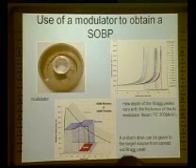Then what you have to do is select the energy of the radiation, and now you have to give a dose to the whole tumor. So you change the thickness of this modulator. When you increase the thickness, you can see that these Bragg peaks shift from right to left, right? By that way, you can give a homogeneous dose to the whole tumor. You can see that in this picture, where